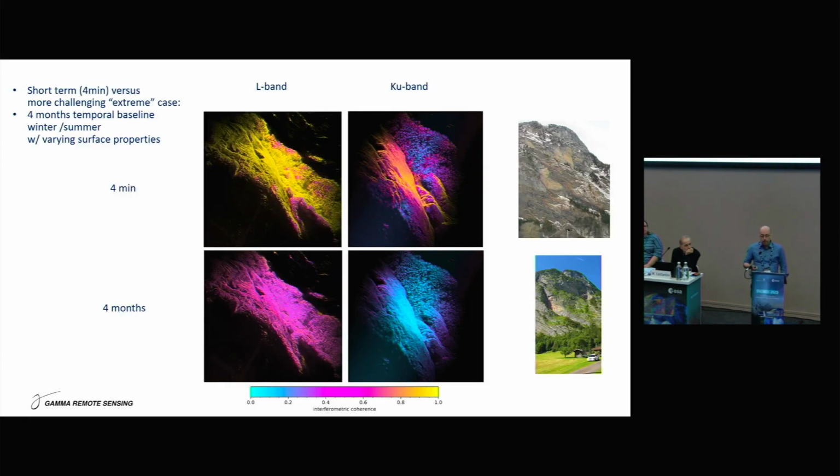So now if we compare that 4 minutes with a period of 4 months, of course, the situation looks much different. I picked here a quite extreme case with acquisitions once in winter time, as you can see in the imagery here. And the same situation in summer with grown vegetation and no snow, of course. You can think, of course, that in terms of deformation, this is not an ideal time span in any case because there's different characteristics. But just to look at the coherence, we can see that with L band, we still have substantial coherence, whereas it goes down really dramatically at KU band.